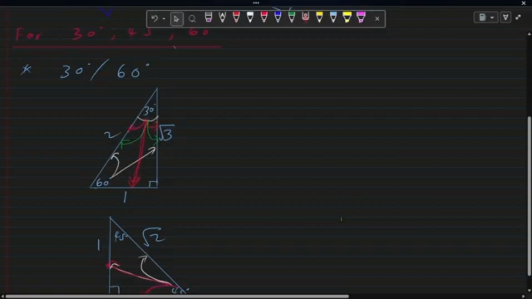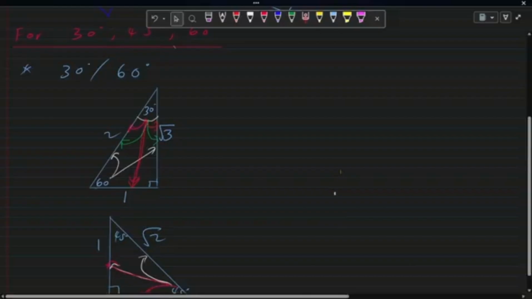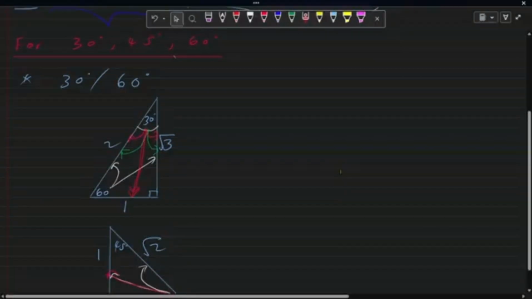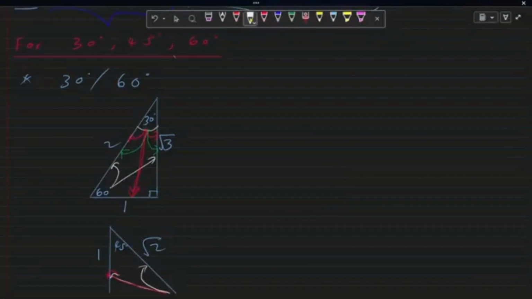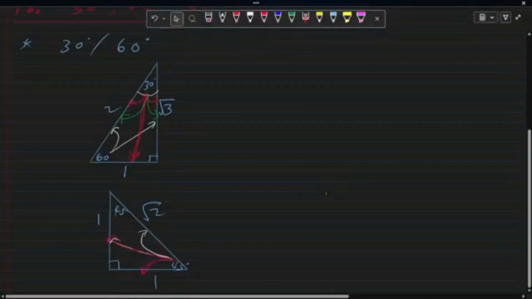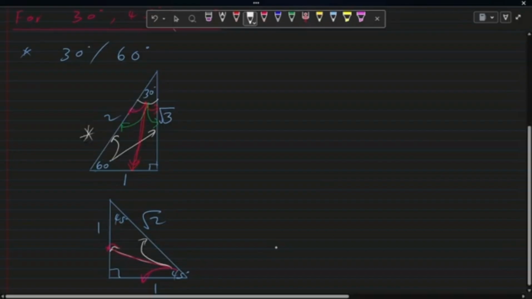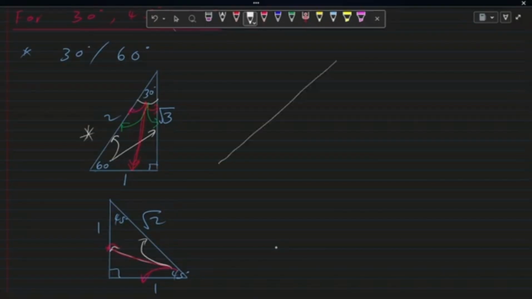The best thing for you to do is to understand the derivations that I will demonstrate right now, and then even if you forget these triangles, you know how to get to them. Then you don't have to memorize anything, because you have the understanding part sorted. Whenever you forget, you can just recreate the diagrams for yourself. So this one, the 30-60-1,